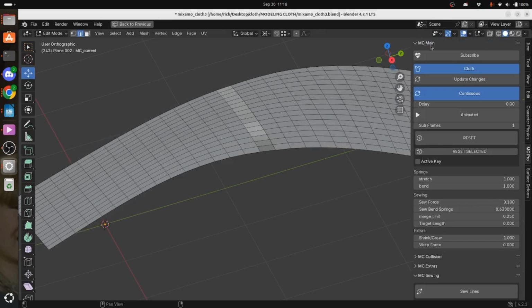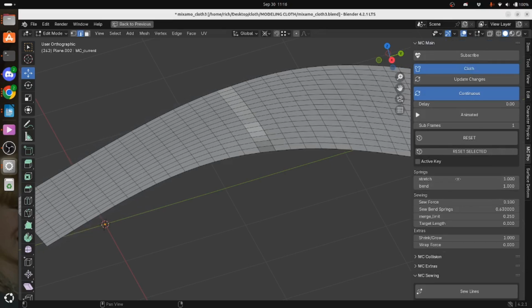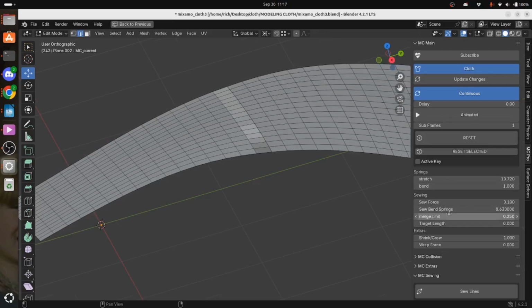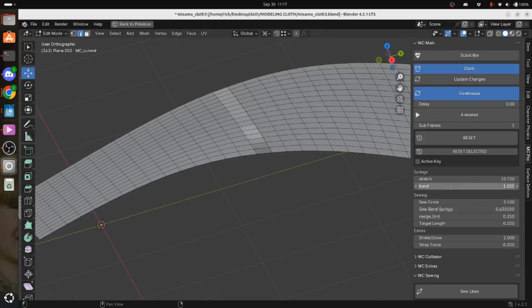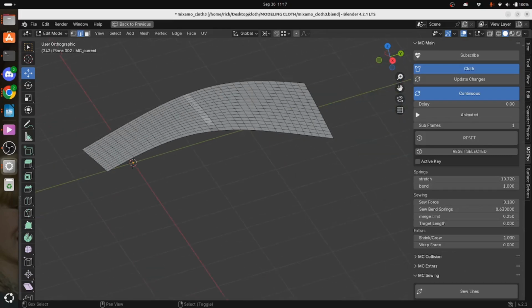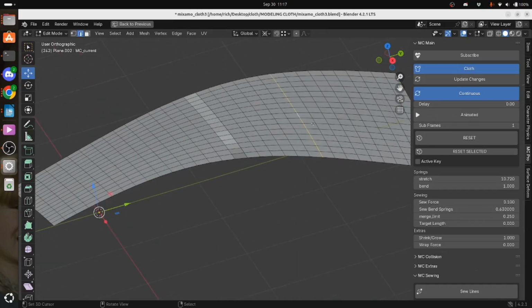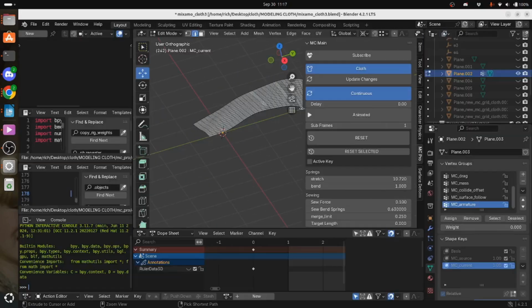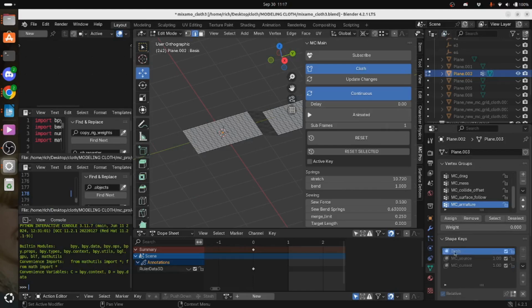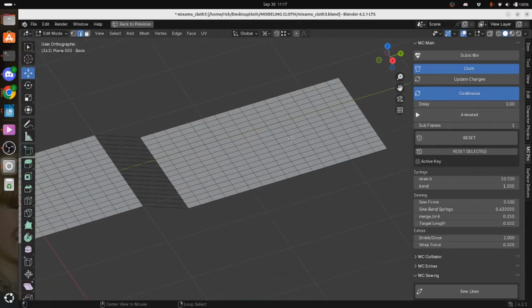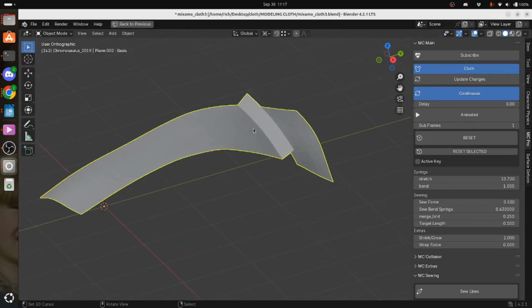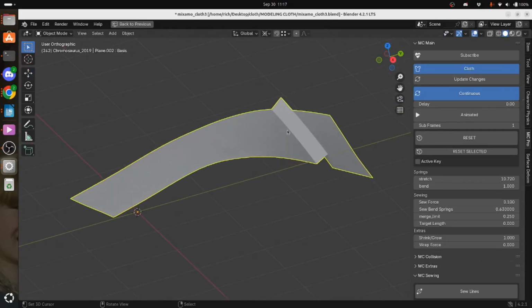Underneath the MC main panel, we have stretch and bend springs, and the sew springs now behave very similar to the bend springs. One difference in the way that the sew springs behave, if we wanted to make a change to the target shape of the bend springs, so like say we go into the basis shape here, and we want the target bend springs to have this fold in it. The target bend springs,